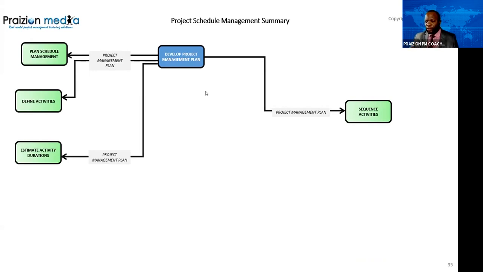So without showing it in an explicit arrow, you need to remember that your schedule management plan is implied through the outputs from other